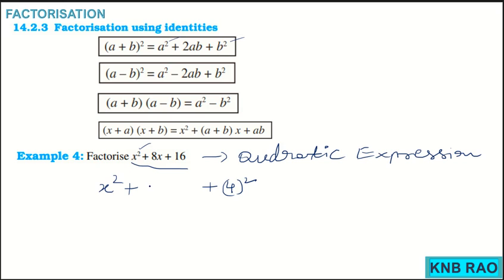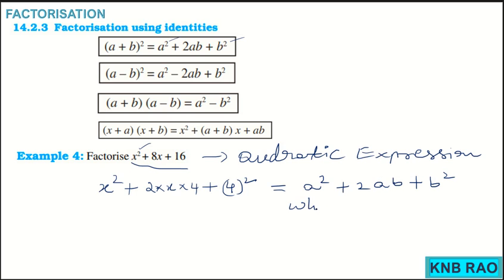That is what I have to look for: 2 into x into 4. Now the 2 into a into b form has come. So the moment I see this, our observation should be that it is looking like a square plus 2ab plus b square,